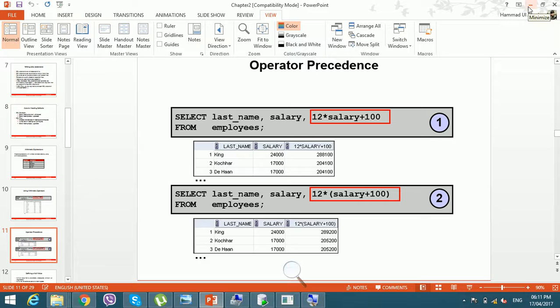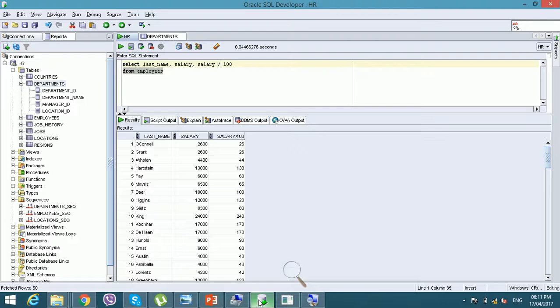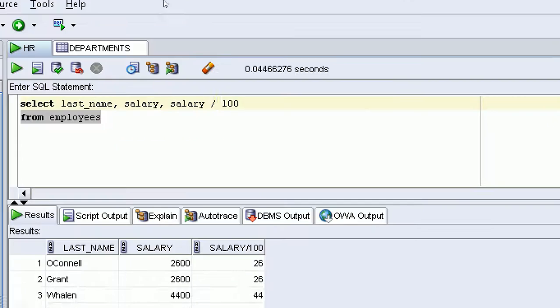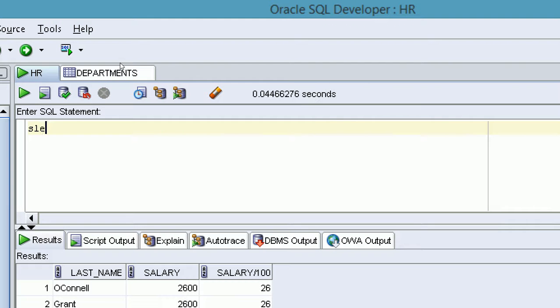First of all, I'm going to create the plan, the organization plan. What is the organization plan? The organization plan is to calculate the annual salary. Select last name, comma, salary, and calculate the annual salary and give them $100. Clear? So I am writing here 12 multiply by salary. Just calculate the annual salary and give them only $100. My aim is that, but I will see what will be the